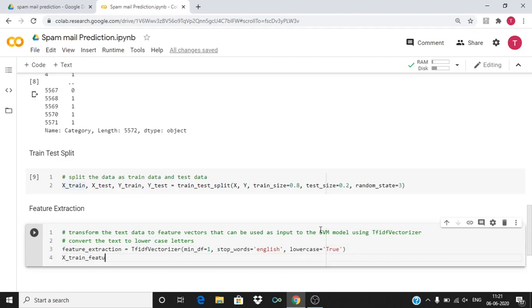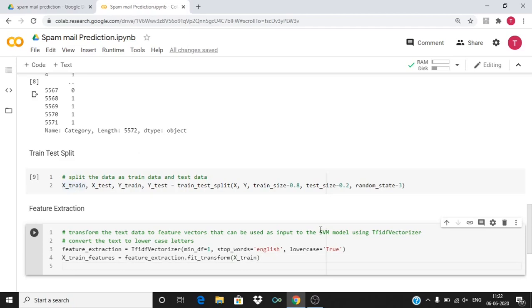So extract features, let's name this variable xtrain features, is equal to feature extraction dot fit transform. So feature extraction dot fit transform, and in parentheses specify xtrain.